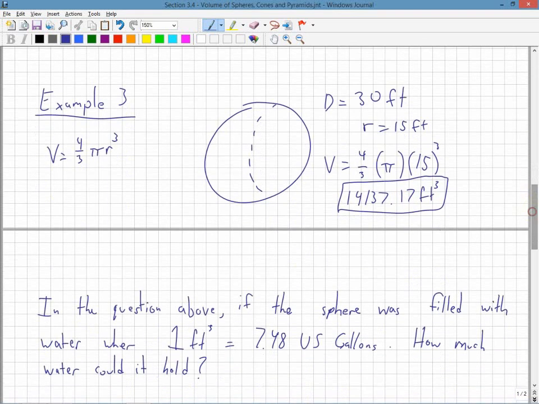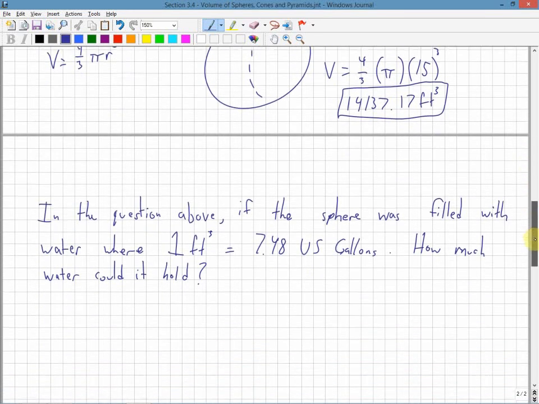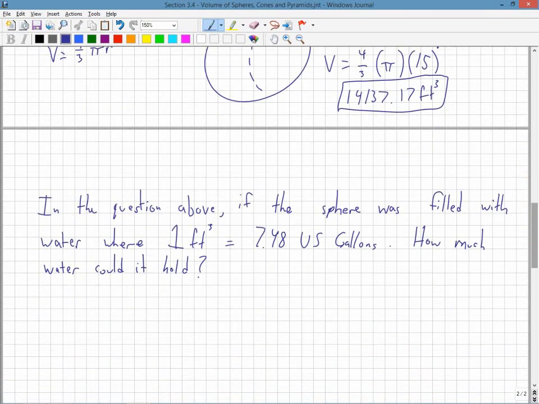Below, I have another extension for this one, for capacity. In the question above, if the sphere was filled with water, where 1 foot cubed is equal to 7.48 US gallons, how much water could it hold? So if this sphere was, say, like a water tower or something, then we're trying to figure out how much water it could hold. So the question states that for every 1 cubic foot, it's 7.48. Well, I have